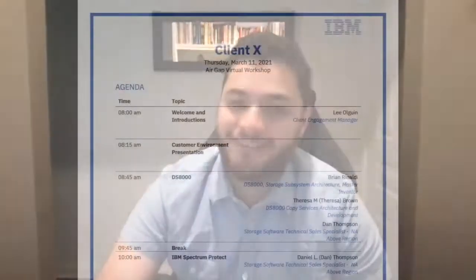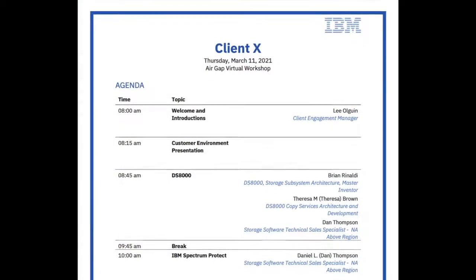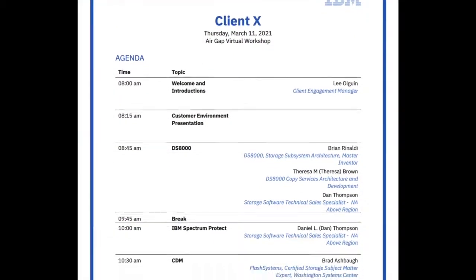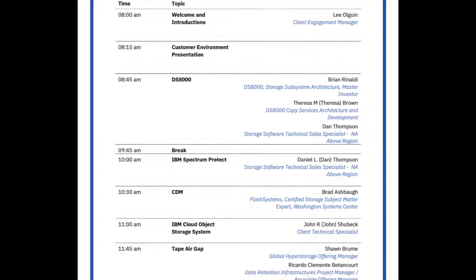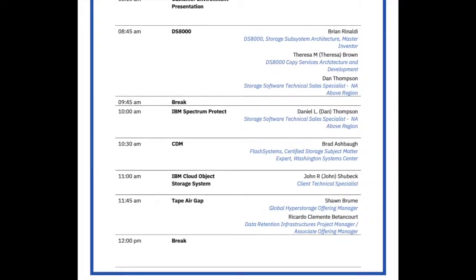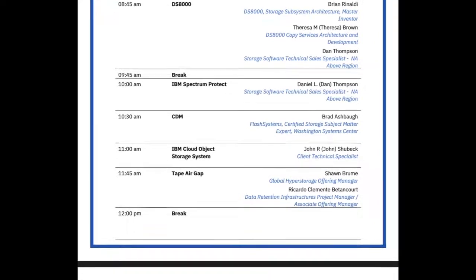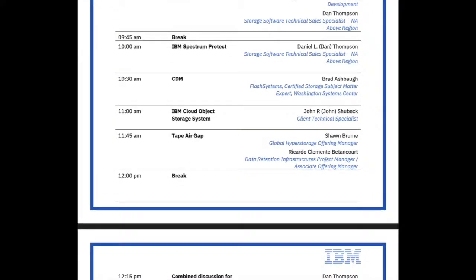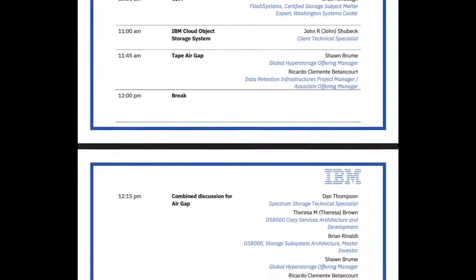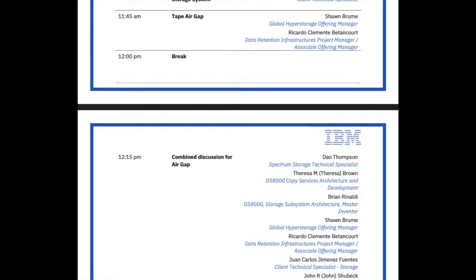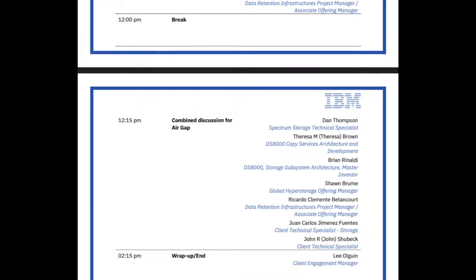One of our follow-ups is usually an air gap workshop where we pretty much bring the client in with a lot of our specialists, our SMEs, the best of the best. We listen to the customer, right? That's the first step. We listen to what the customer situation is, what's in their environments, and what their goals are. And then from there, we go through our possible solutions, what we think as experts would be a good fit for them. What can we offer? For example, we cover DS8 safeguarded copy. We can go through Protect, CDM, cloud object storage, tape, and we figure out what the customer needs based on their requirements and what would be a good fit and a good price balance, right, based on their risk tolerance.